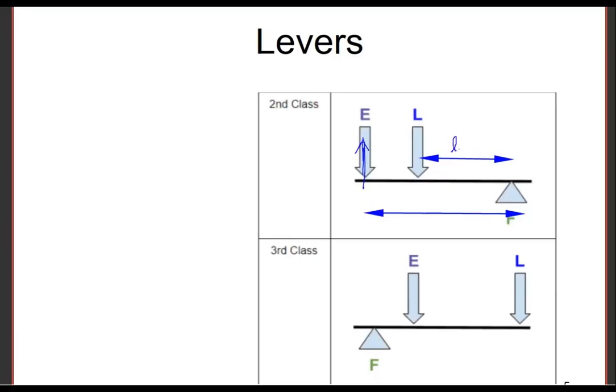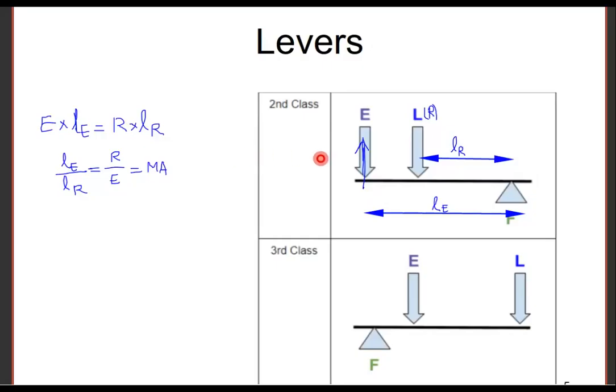So this is LR and this is LE. I'm replacing the load with resistance R. Therefore again we can say E times LE is equal to R times LR, and therefore R over E is equal to effort arm over resistance arm. This is defined to be the mechanical advantage of